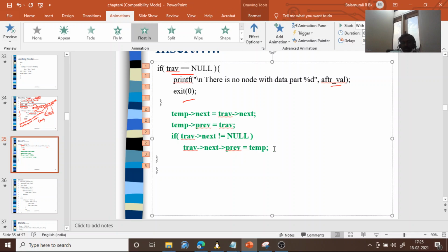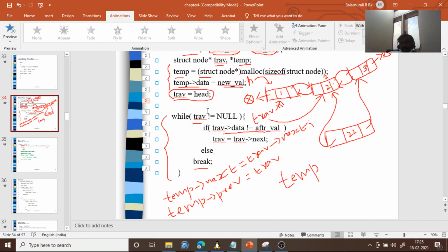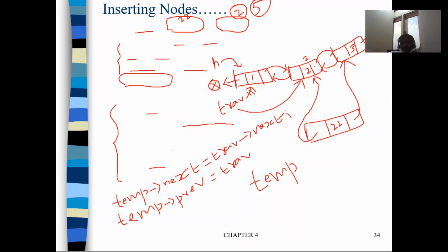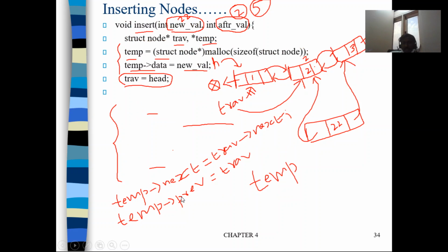I think you are following. After that, this statement will come: traverse arrow next equal to temp. Traverse is node 2, its next will point to temp instead of what it pointed to before.